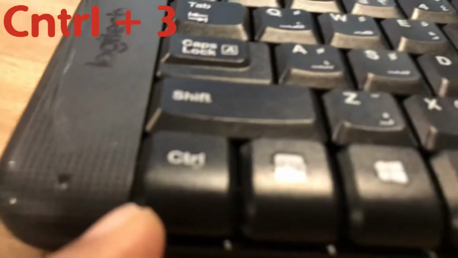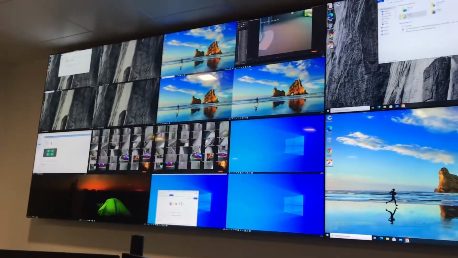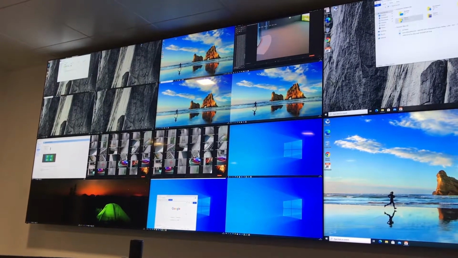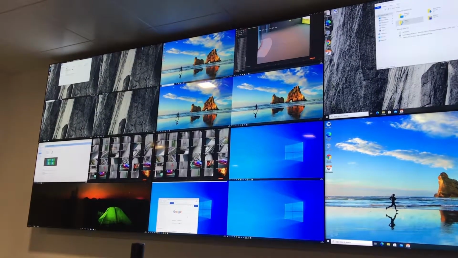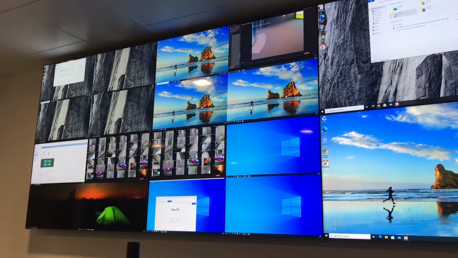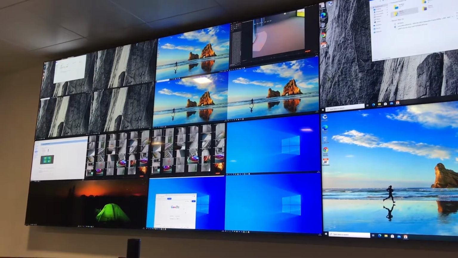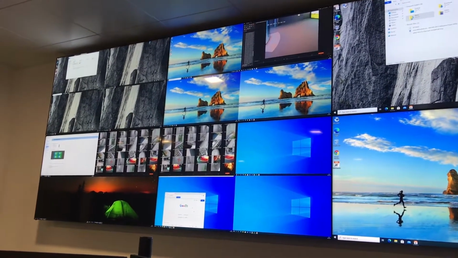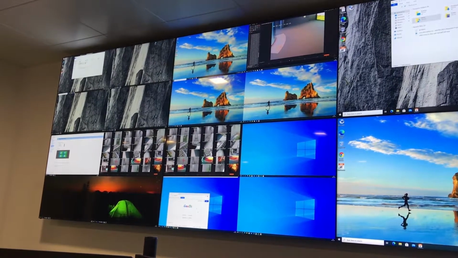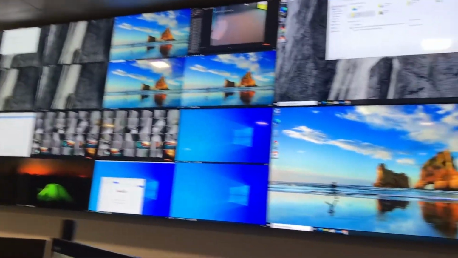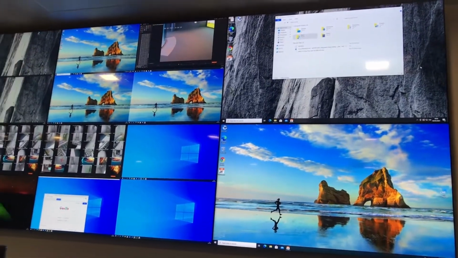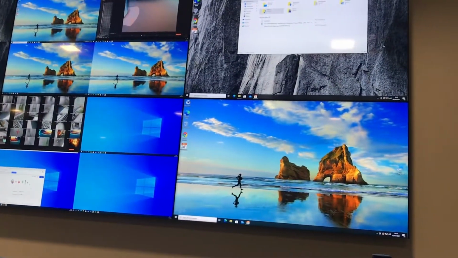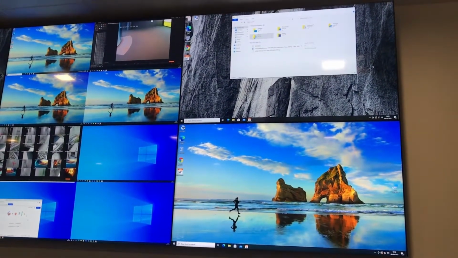With Ctrl+2, all the screens combined together show one input, and Ctrl+3 is for combined mode. All 16 inputs from the PCs can be viewed in this combined mode. In this combined mode, we have divided the video wall into 2 sections. The left side 2x2 section shows all the 16 inputs with 4 inputs per screen, and on the right side the 2 screens each work as an individual one, and any required input can be pushed to those 2 right screens. This is all about the combined video wall preset.